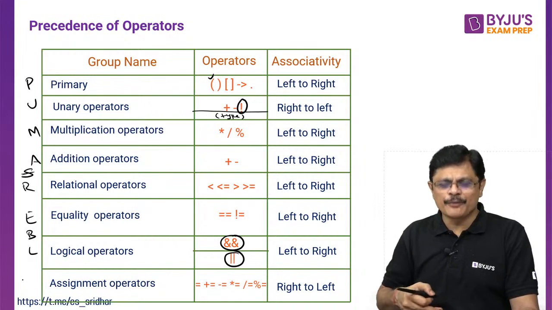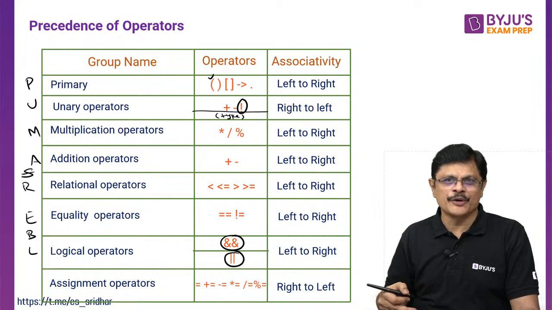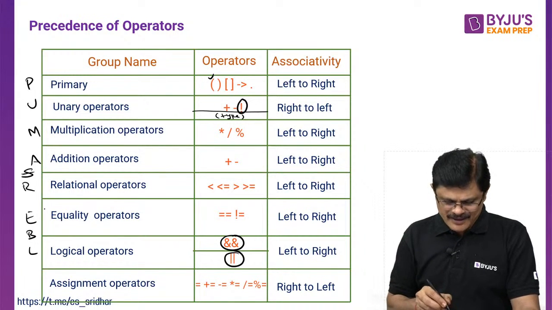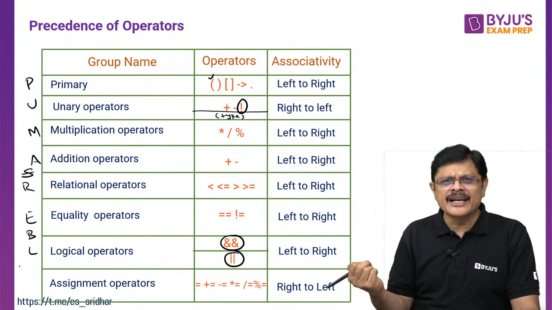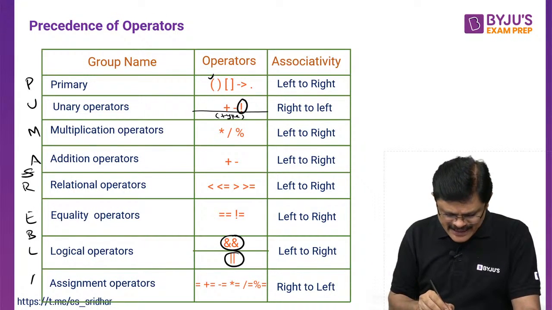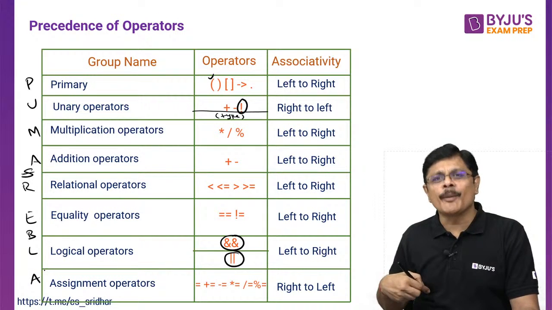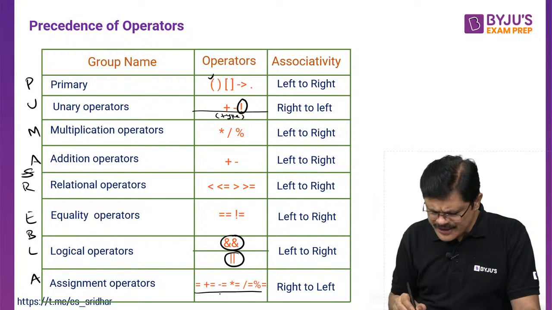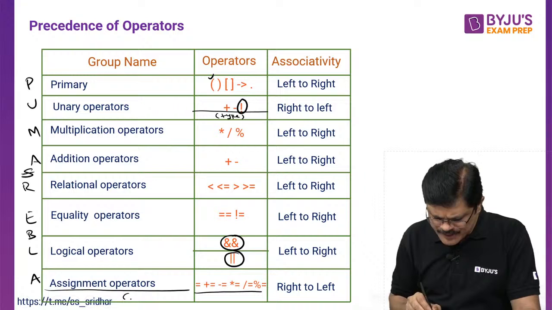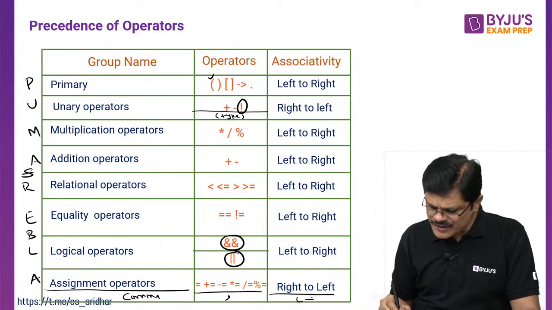And of course, here we need to have some more operators which we are going to discuss now. Ternary conditional operator we have to do, then assignment. Finally, comma operator. Of course, comma operator we already discussed. Comma will come below this, my dear friend. That is left to right associative.